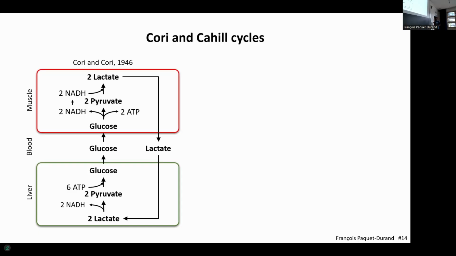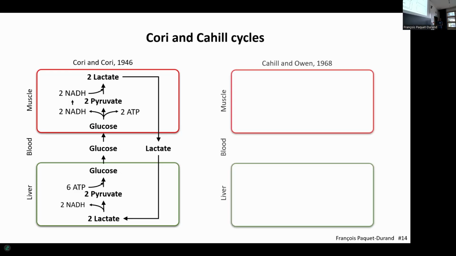That's the Cori cycle. Okay, discovered 1930s. Now, every biochemistry textbook has it. Every medical textbook has it. Now, another cycle that is probably far more important was discovered later on, the so-called Cahill cycle, which has it